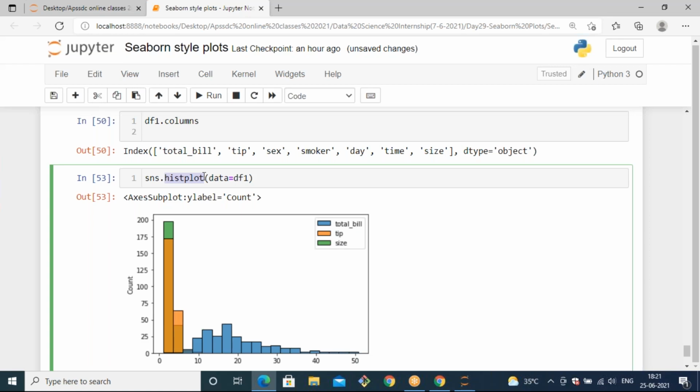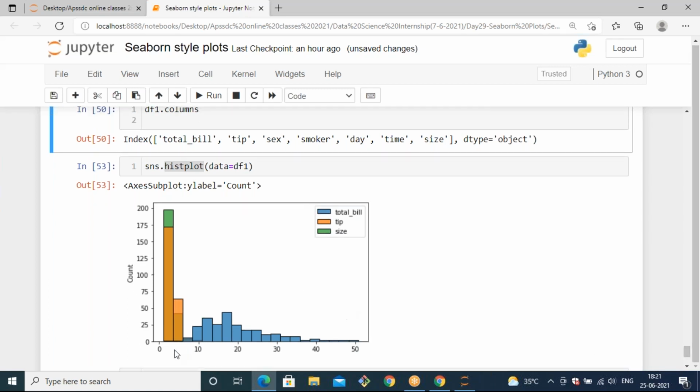So when you pass data equals df1, it checks for numeric columns, and with respect to only those columns it applies the distribution of data. It also automatically generates some colors: for tip it generates orange, for size green, and for total_bill blue. Out of the given data set, it takes only numeric columns.